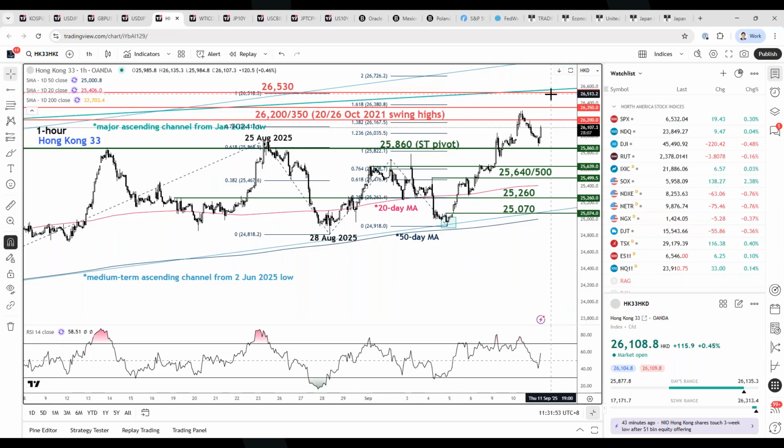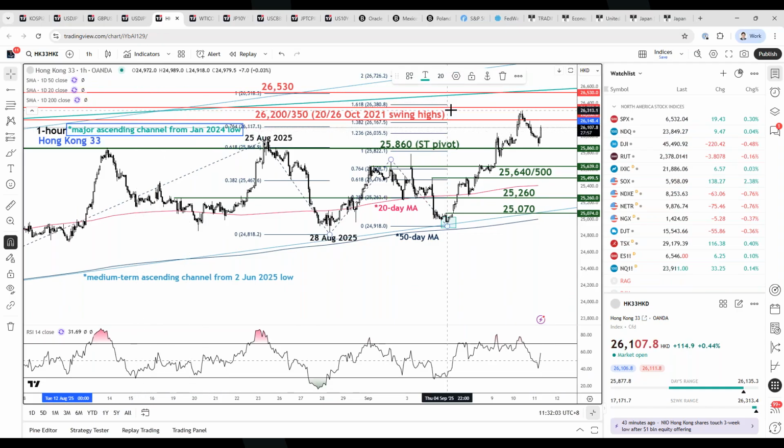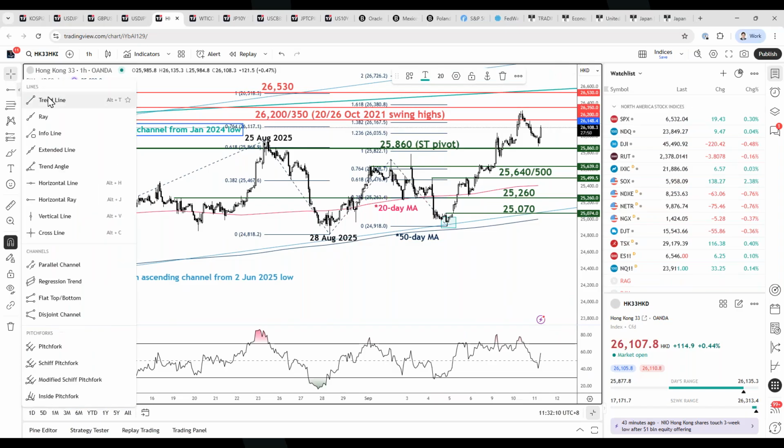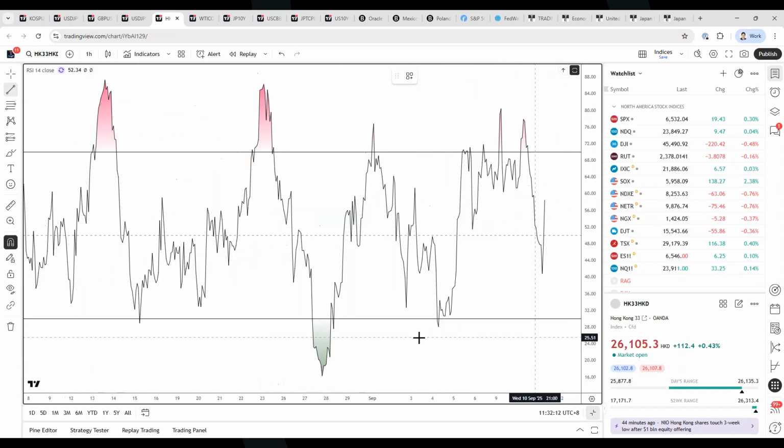Above it, potentially seek out a higher intermediate resistance at 26,530. We also have confluence with the upper limit of this major ascending channel that has been in place since the January 2024 low, and also now confluence with the one-time Fibo extension as well. Hourly RSI continues to remain in a bullish momentum condition as it managed to be held by this parallel ascending trend line after the close retest of it in today's early Asia session at the start of the Hong Kong stock market